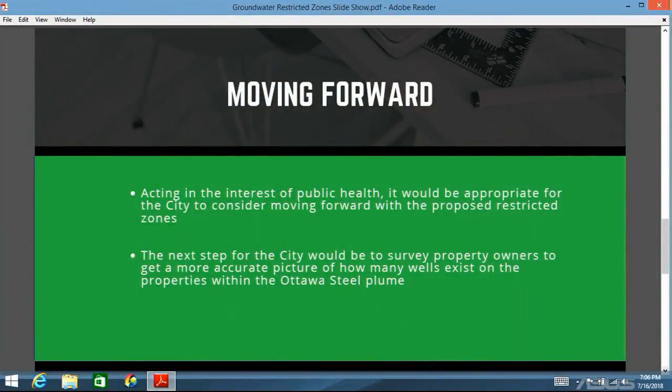The Department of Environmental Quality has made it clear that there are not any adequate funds to pursue this on their end or to assist us in the process. They don't foresee any future funding possibilities for this either. So with lack of confidence in the future funding capabilities of the state, and in the interest of acting in the best interest of public health,